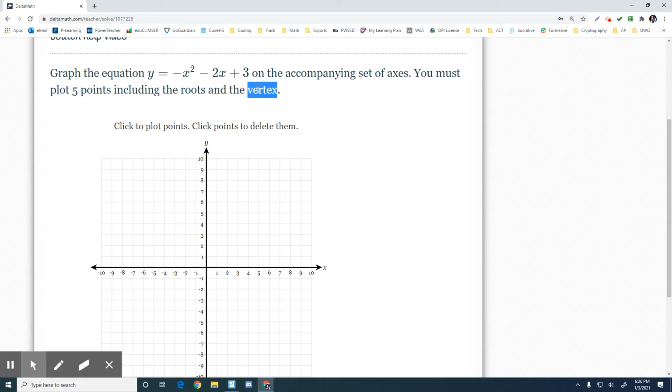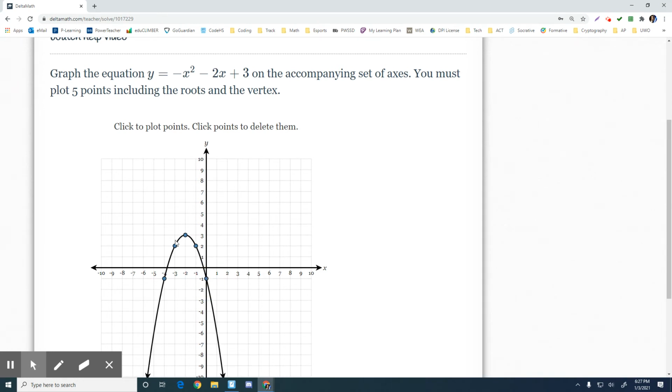So as always, we should start with the vertex. If you think about that, negative b over 2a, because this is in standard form. So negative b would be a positive 2, over 2 times a, which is a negative 1. And so you have 2 over negative 1, which is a negative 2. And so this is the axis of symmetry. If you plug in a negative 2 for x, you're going to get negative 4 plus 4, which is 0, plus 3. Is that right? I don't remember. So anyways, you plot the points, and once you get 5 points,